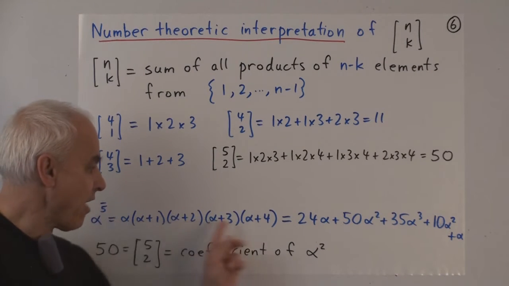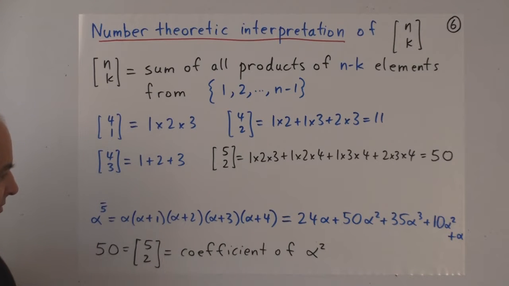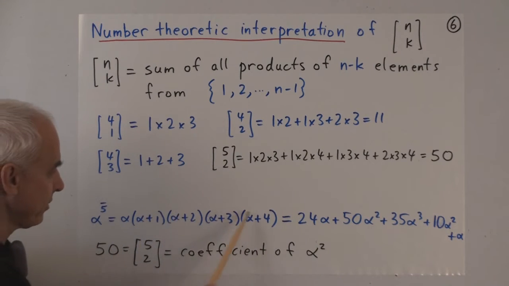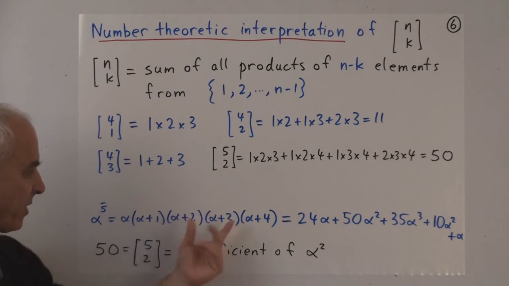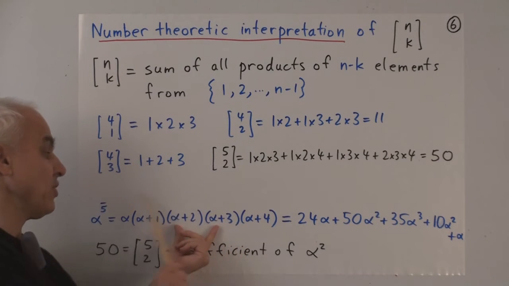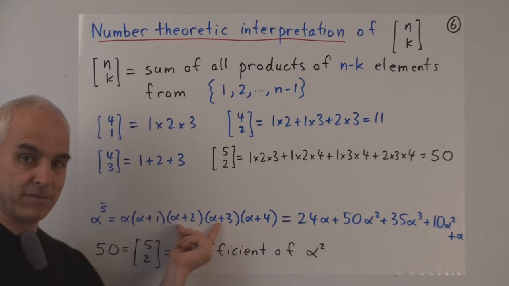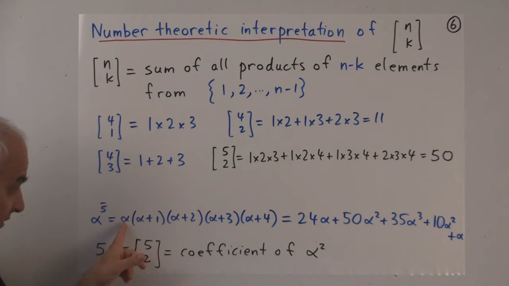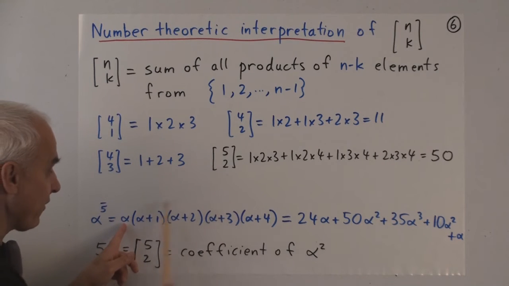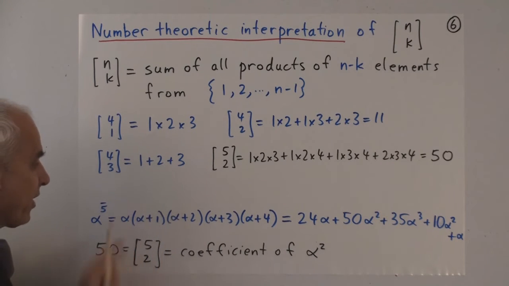So ask yourself, how can you get an alpha squared when you expand this out? Well, there are 5 terms. So what you're allowed to do is take an alpha from one of the terms and an alpha from another term, and in the other 3 terms you have to make sure you're not taking an alpha, because we want just alpha squared. So we take that alpha, and then we can take one of these other alphas, say that one there, and so what we're doing is multiplying these 2 terms with the non-alpha terms in the remaining 3. In this case 1 times 3 times 4.